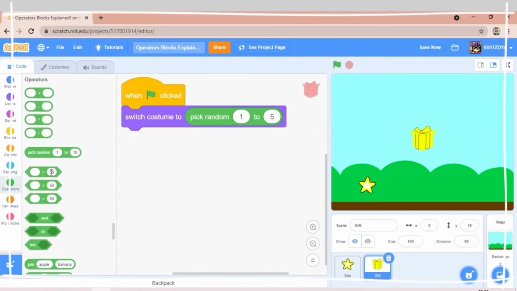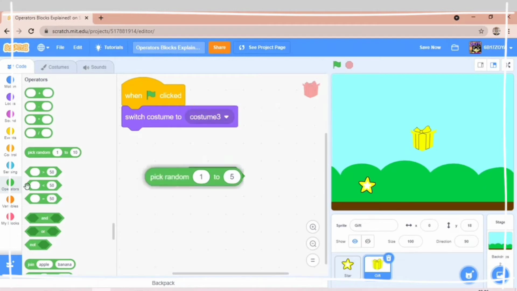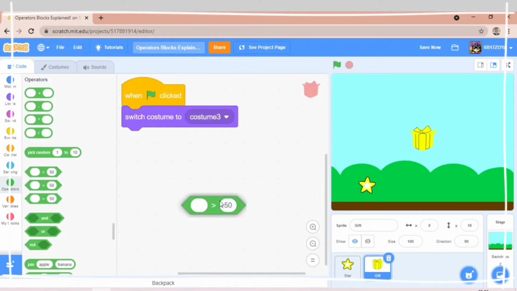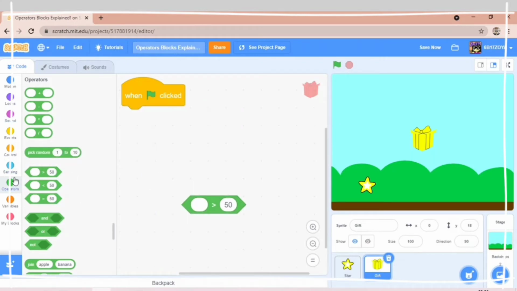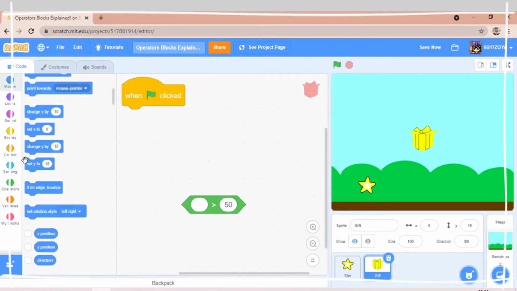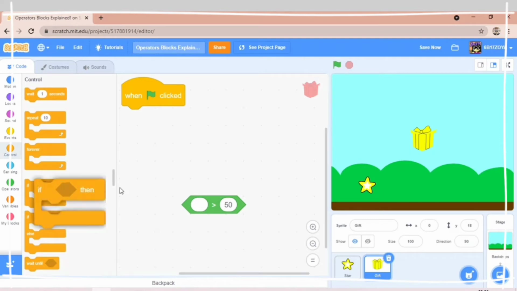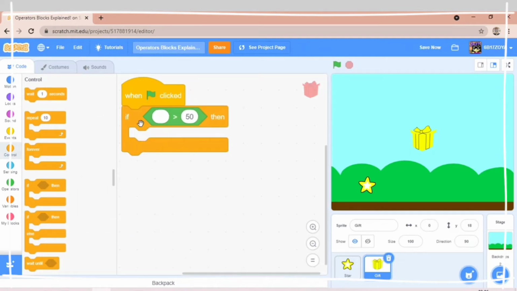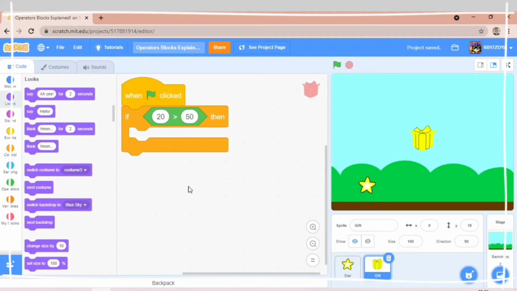Now the next one is the value written over here is greater than the value written over here. Sorry. For this I'll take the if block. Yes. Okay. So like I can take if 20 is greater than 50. We all know 20 isn't greater than 50, but it has to check that if 20 is greater than 50, then it will do the further code.